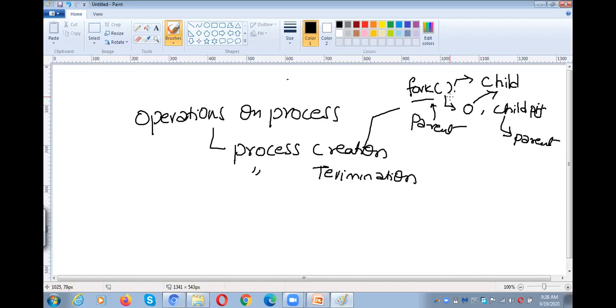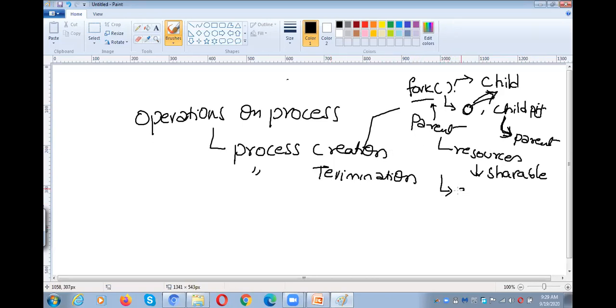Upon successful execution, the fork system call will return two values, 0 to the child process and child PID to the parent process. Whenever the child is created, whatever resources are available for the parent process will be shareable to the child process. All the resources are shareable to the child process.